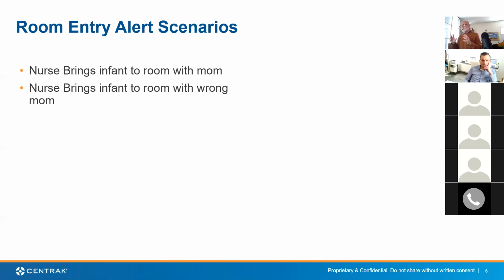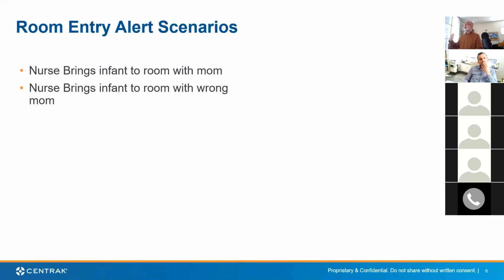So if a nurse brings an infant into the room with mom, in that case, let's say we want to give a green light. So that's easy. Tag enters the location, Omni looks for mom, finds mom at that location or a nearby location, and gives them a green light. Nurse brings an infant into a room with the wrong mom. Well, how are we going to achieve that? So we can do that simply by